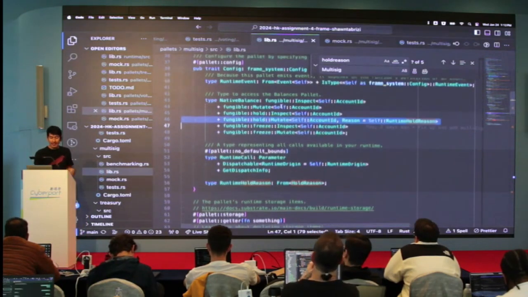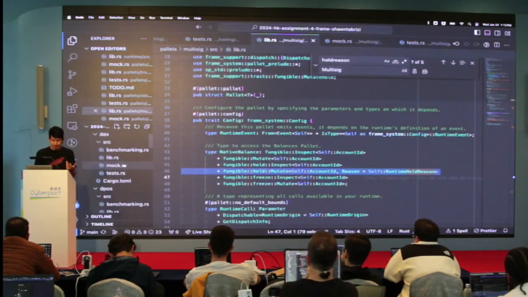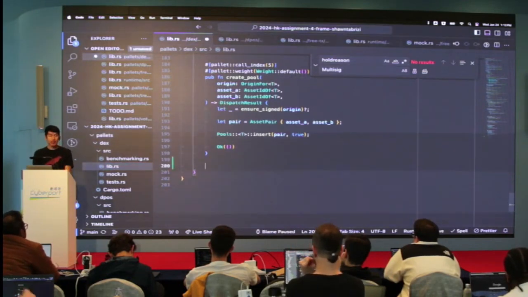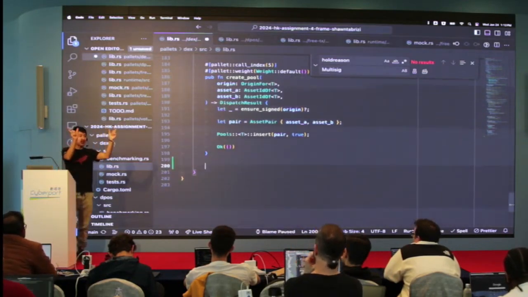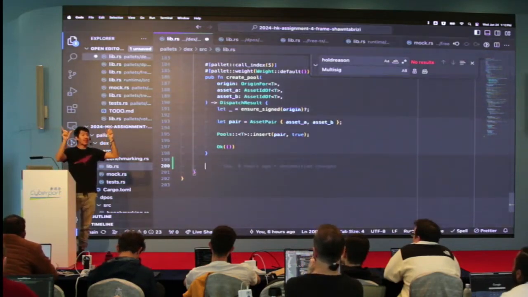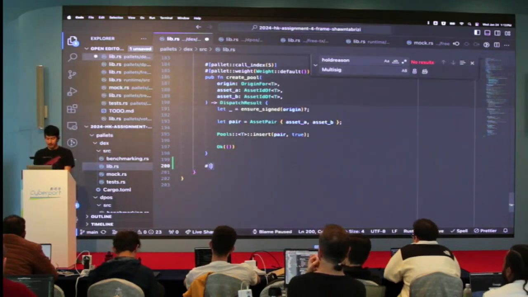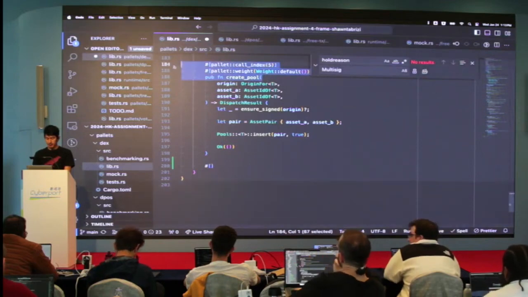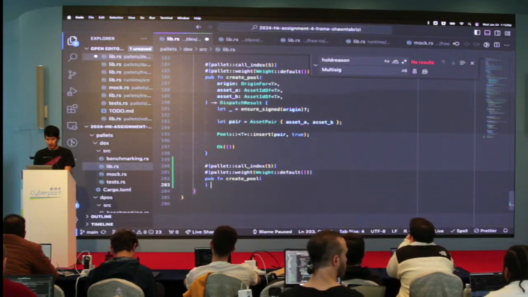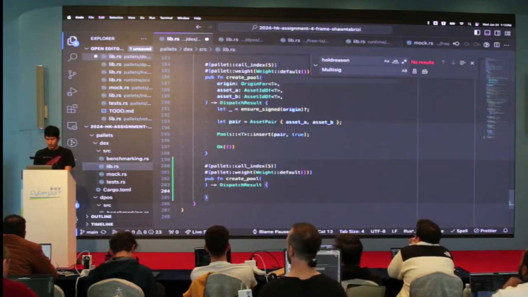So let's do something simple. Let's go into the DEX pallet. Okay? And I want to compare a native balance and an asset balance, to see if they're the same amount. The problem is these two different things could be different types, right? So let's try that. Let's do a function. Alright, this is returning DispatchResult, and returns Ok.